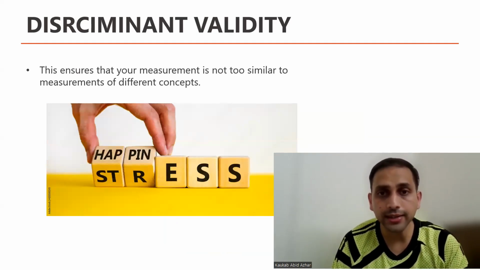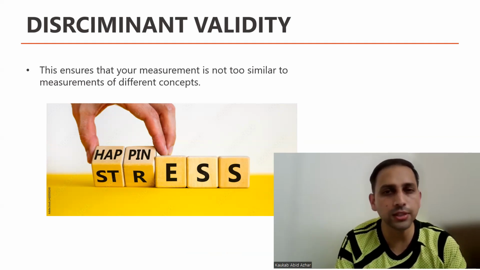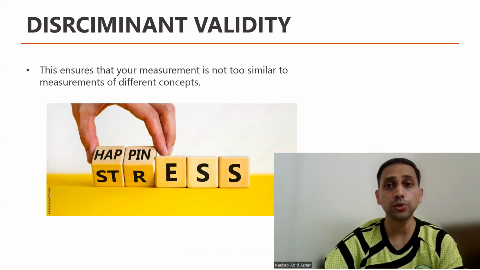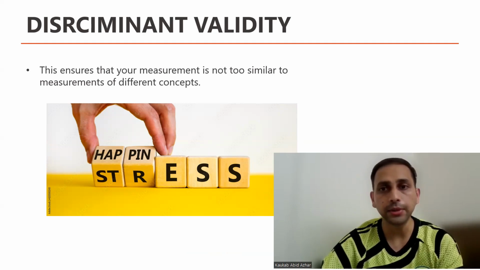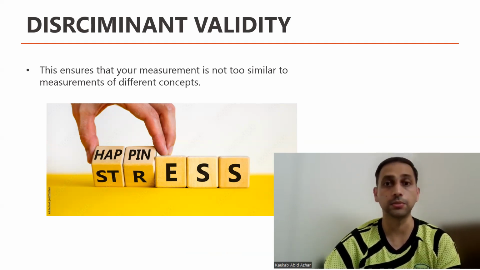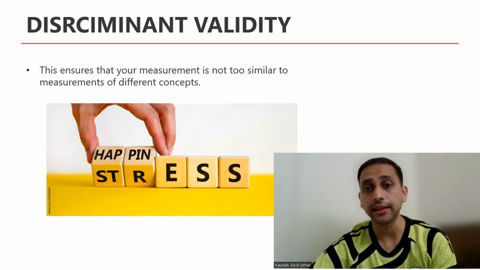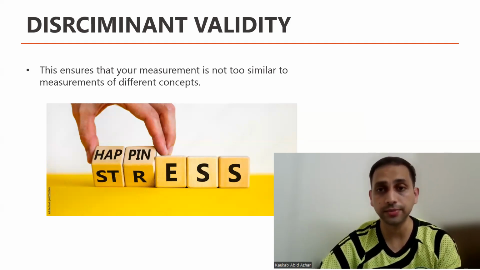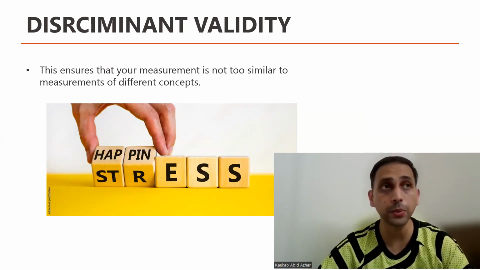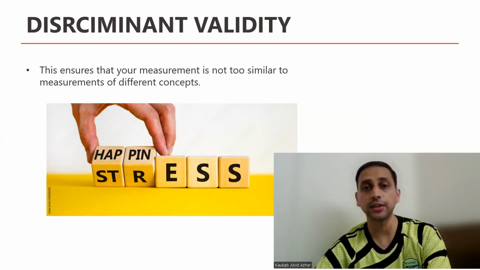What is discriminant validity? Now, this ensures that your measurement is not too similar to measurements of different concepts. It's like making sure that your test for happiness isn't accidentally measuring something else, some construct that is part of your study, like satisfaction or stress. So, if a happiness questionnaire does not correlate highly with a stress questionnaire or a satisfaction questionnaire, it has good